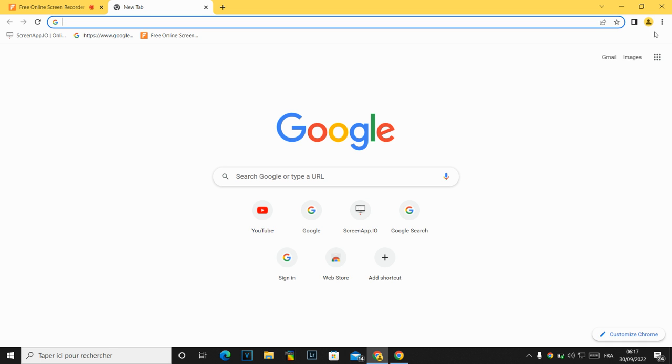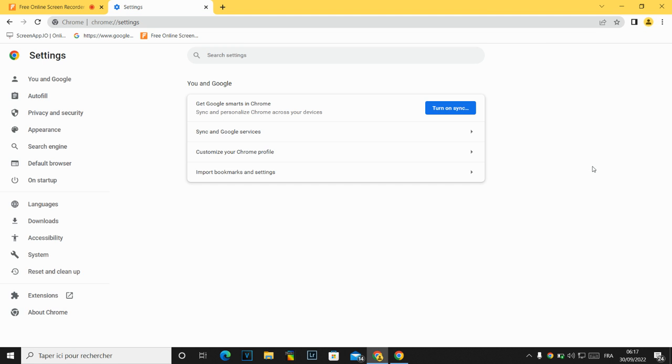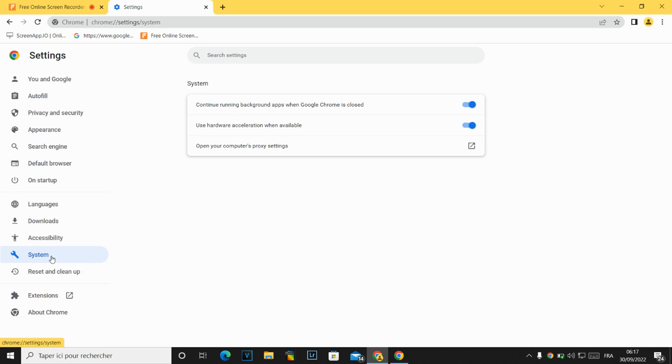Just go to the top right here. As you can see, you will find three dots. Click on them and then go down to this settings tab right here. And then all what you have to do is click on system right here, and after you click on system,